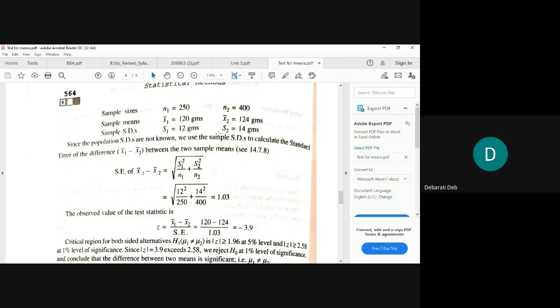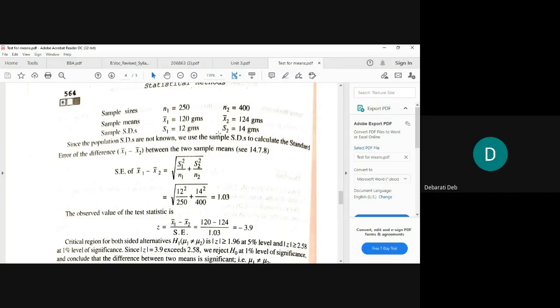In bracket you will write: between the two sample means. So we substitute this formula, okay? If you have written the formula, it will be in your copy, and it is in this file also. It is the formula of SE of X1 bar minus X2 bar equals